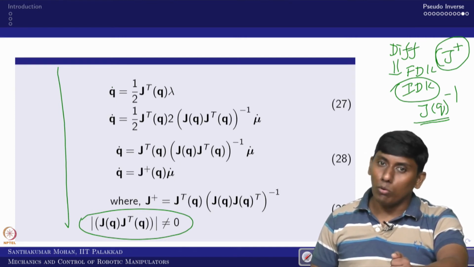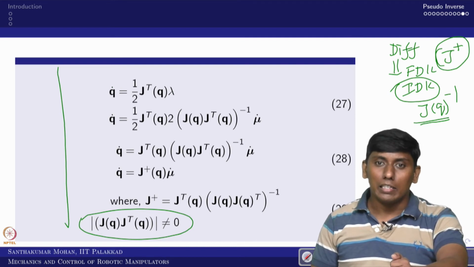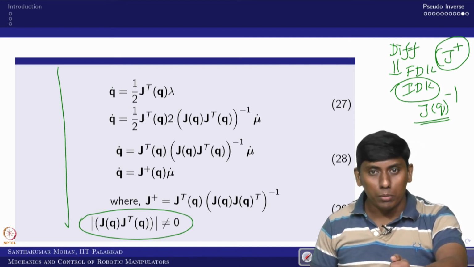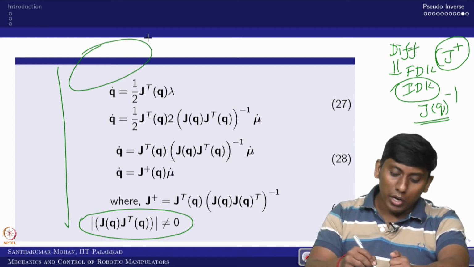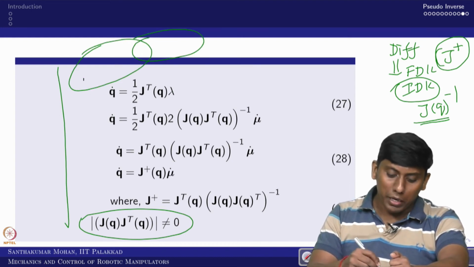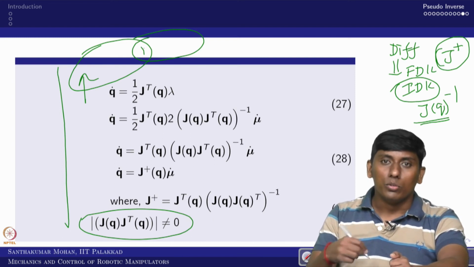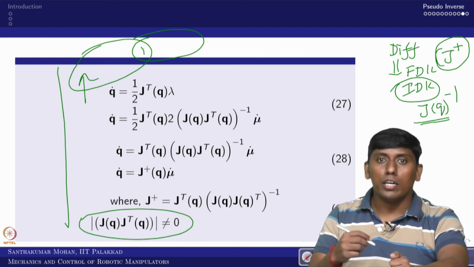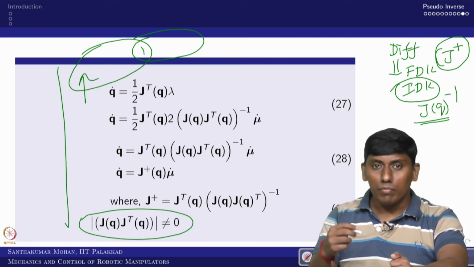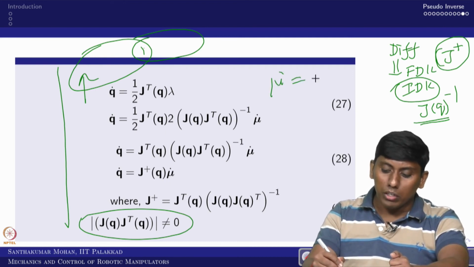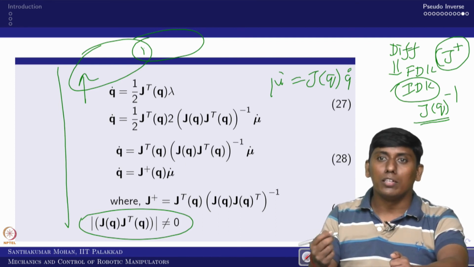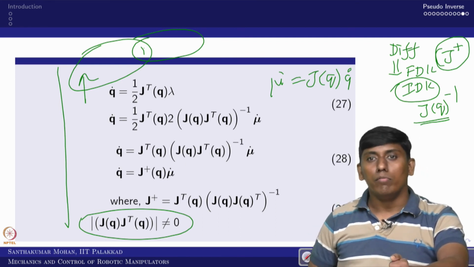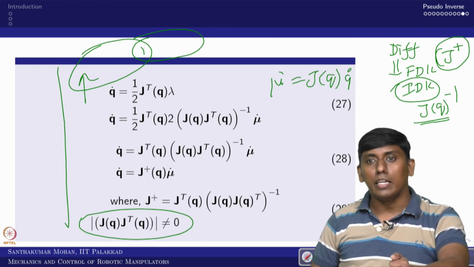With that I am closing this particular session, and in the next lecture we will be seeing velocity propagation. Velocity would propagate from one joint to another joint, how it would propagate from here to here. That we would be seeing. Based on that we can end up with the final mu dot in the order of j of q into q dot, and the velocity relation from one joint to another joint we will also be obtaining. That is the next lecture.